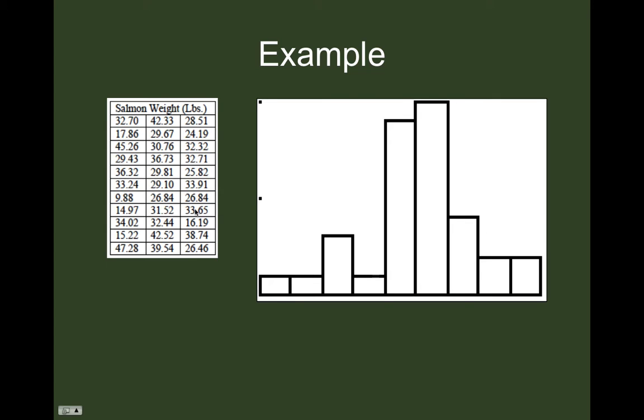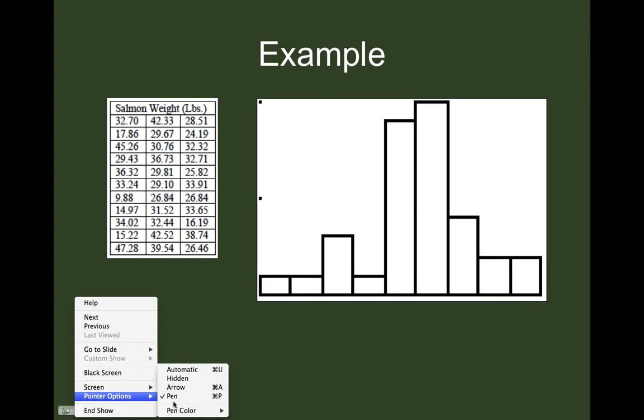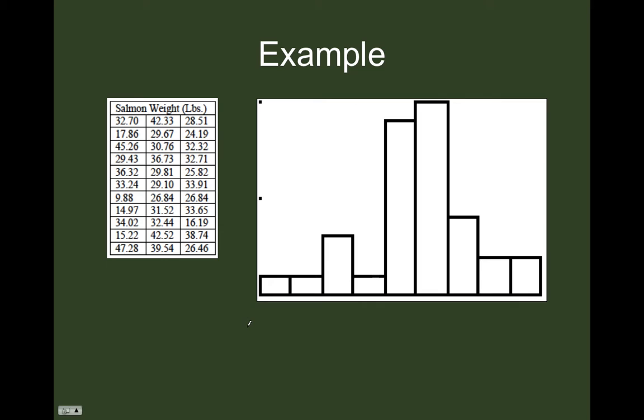Now, when I go back to PowerPoint, which is the histogram I've cut and pasted into this PowerPoint presentation, there's really kind of a problem here. And the problem is that there's no scale on the axis for one, and actually there's also no label. So there's several things I don't like about the graph, but it is the type of graph the calculator creates. So if I were reproducing this on my homework, I'd want to extend that axis and label it with